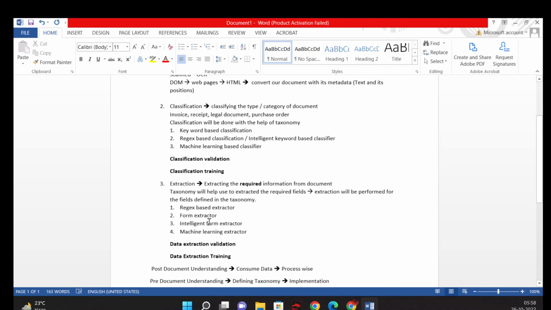And in the next video, we will be seeing the importance of the taxonomy and how we can do the taxonomy definition, and we'll see how we can define different types of documents and the categorizations, and each and every